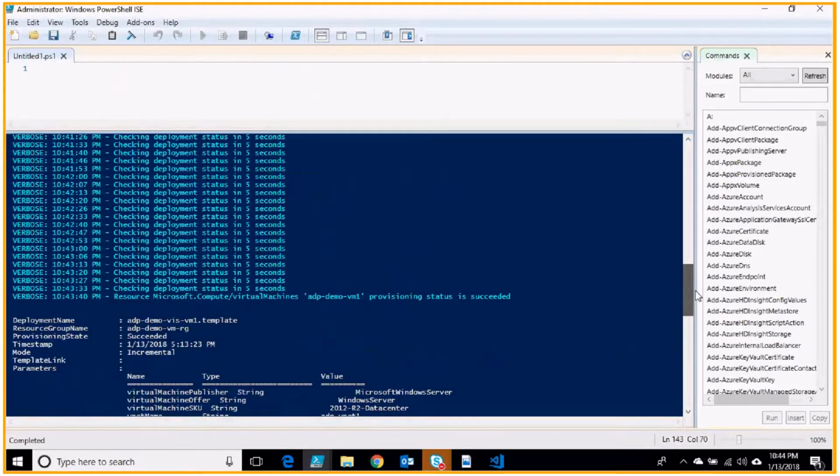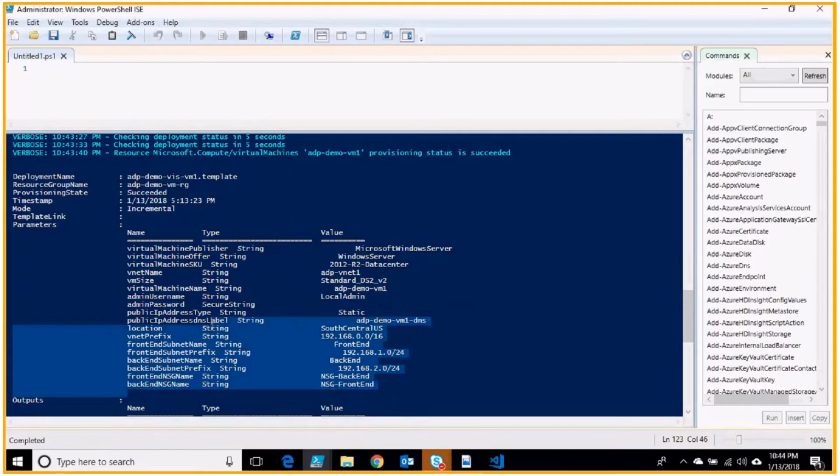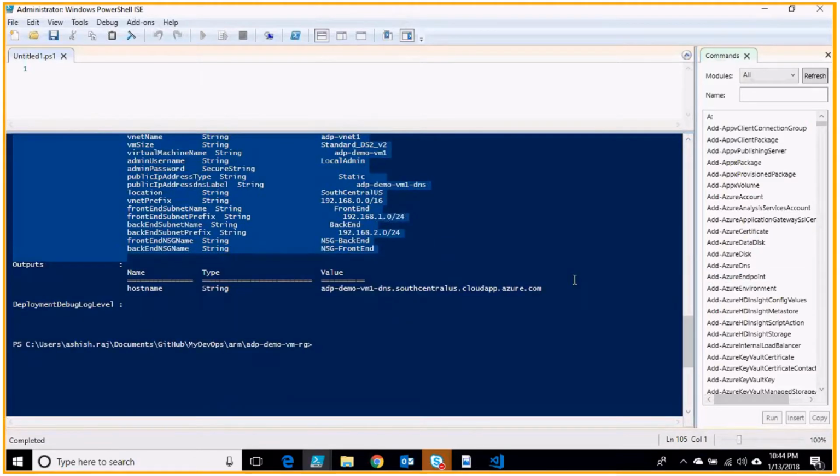Yep. So provision is succeeded, as you can see, and you can see the values we have given as parameters. The deployment is succeeded. And then we have an output file which gives us the Azure VM DNS suffix, and then you can use this for any further verification, or you can pass this value to a particular API,